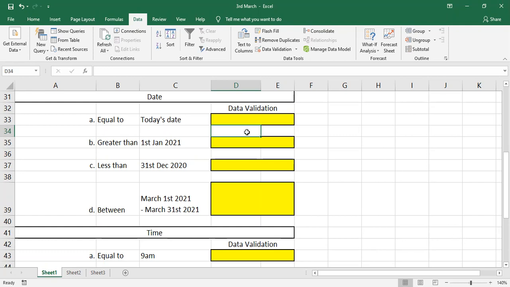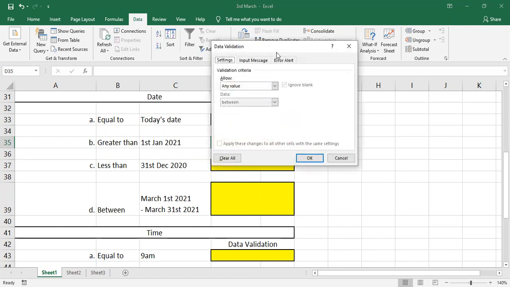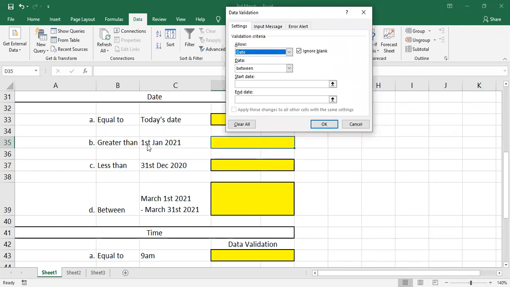Now here I want to give greater than 1/1/2021. So what you need to do, you should select here data validation, select here date. It should accept which date? It should accept dates only greater than 1/1/21. So what I have to give here?